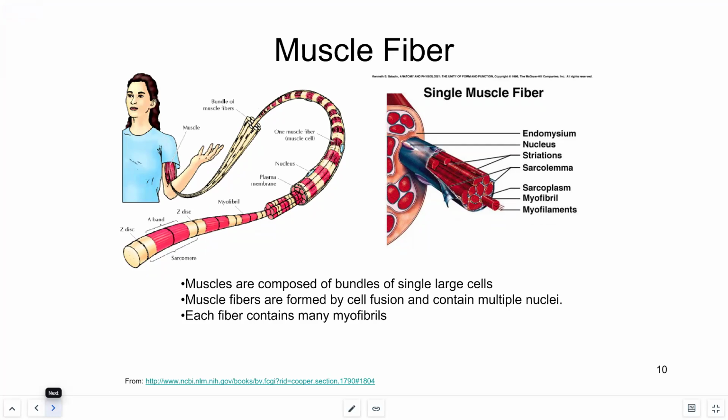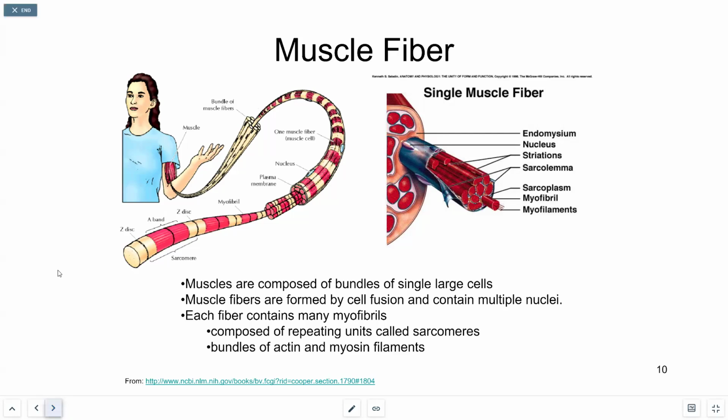So these muscle fibers have a large number of those. They are composed of repeating units called sarcomeres. So think about the singular unit as the sarcomere. And these are bundles of actin and myosin filaments. Now, everything that we're going to look at, for the most part, with these cross sections, are basically combinations, not combinations, of actin and myosin. Now, what we've mostly been talking about from a protein structure standpoint